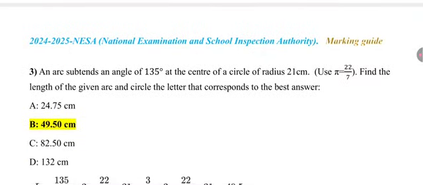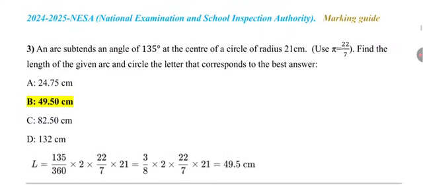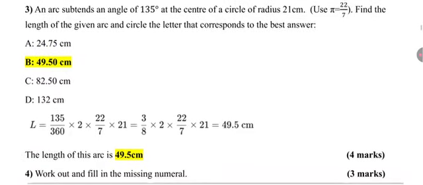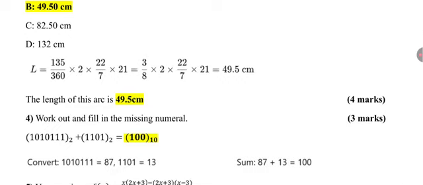and then there is number 3, where you have an arc that subtends an angle of 135 degrees at the center of a circle of radius 21 centimeters, and you have to use pi, which is equal to 22/7, and find the length of the given arc and circle the letter that corresponds to the best answer. The length has to be 49.50 centimeters, and the true answer or the proof of that answer is here. Length equals 135/360 times 2 times 22/7 times 21,